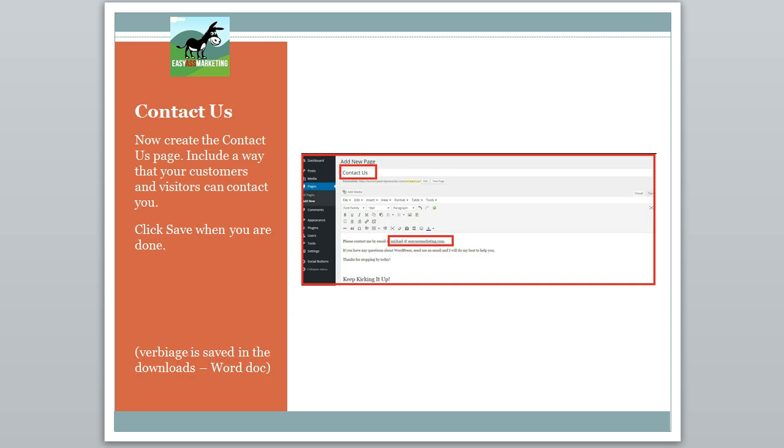Now we're going to do the Contact Us page. Just do the same thing. Pages, Add New, Contact Us. You can see here it says Contact-Us is your URL. Now what I did here, I put my name at easyasmarketing.com because that's how people can reach me, Michael at easyasmarketing.com. But I put spaces in between the @ symbol so that hopefully it won't be so easy for spammers